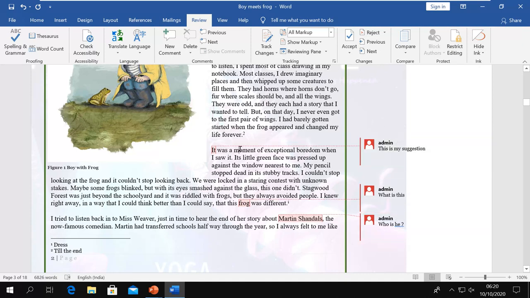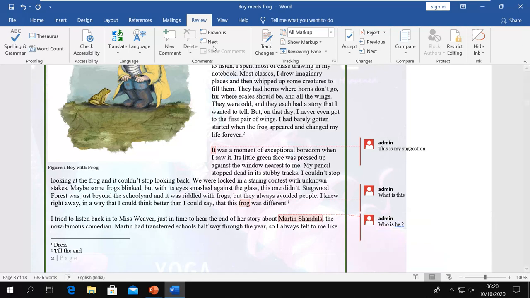Now if the author comes and sees that there are some comments there, he can see the comments and he can reply to them. If any suggestions or notes are there, he can reply and solve the problem here in the document, and he can say, okay, I am done with this, I have done it.